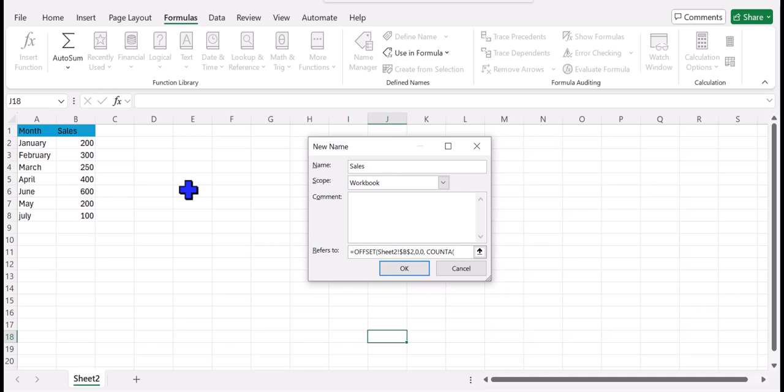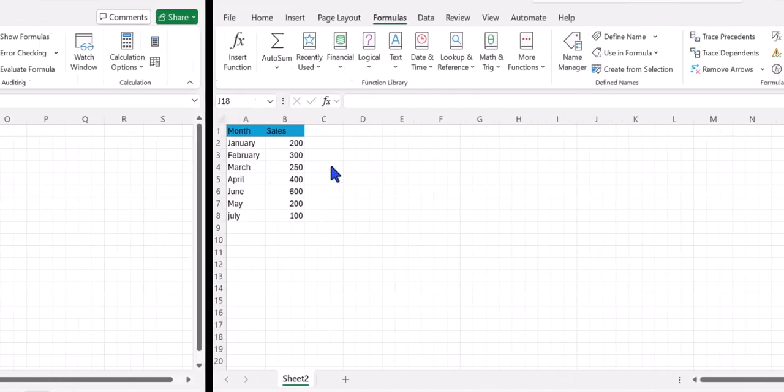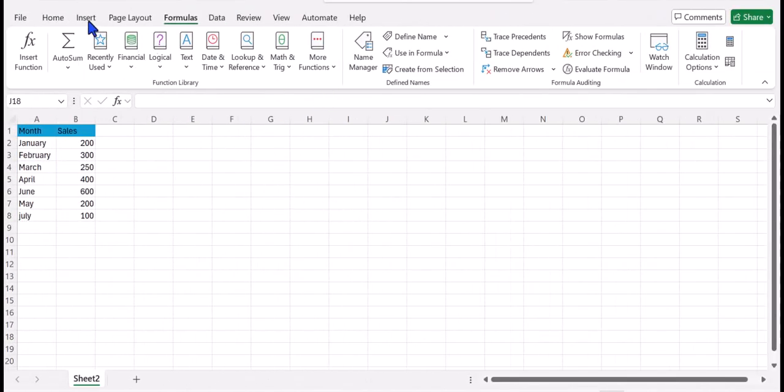Count A, as we said earlier, it represents the height of the data that you're going to be using. So in this case, since we are on column B, we'll have to select the whole column, close your parentheses, and then -1. Once again, -1, because you're going to get rid of this header, and click on OK. Once that has been done, close it. Once you're done with that, move on to insert,